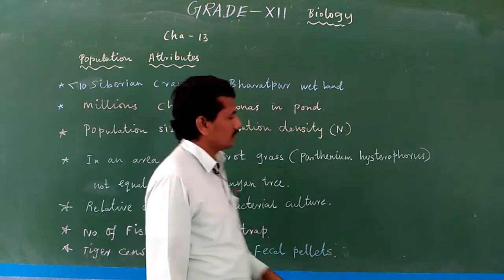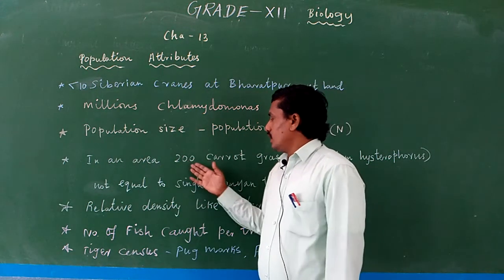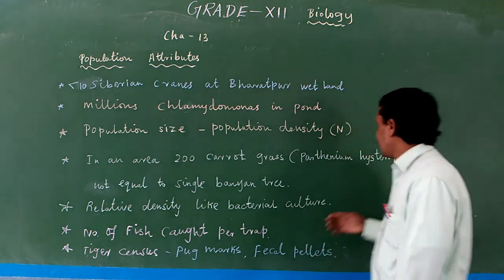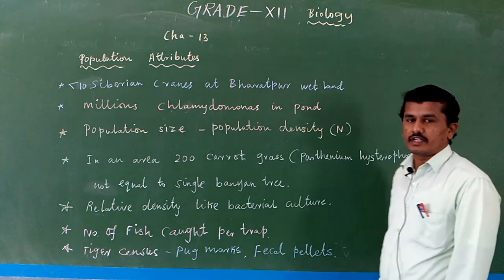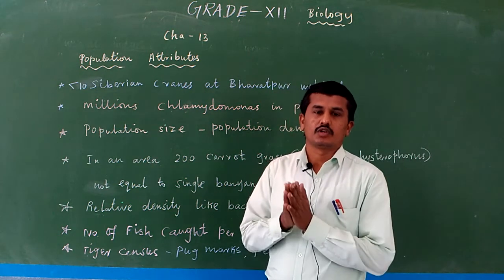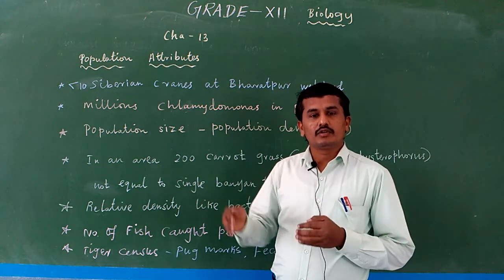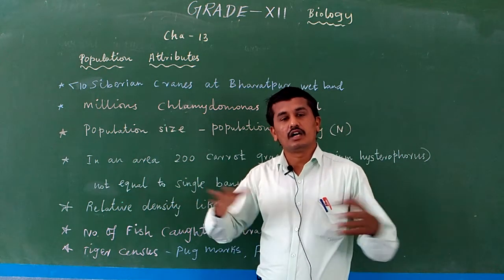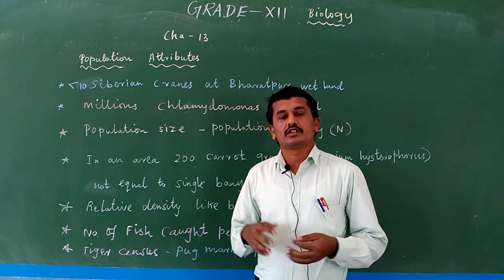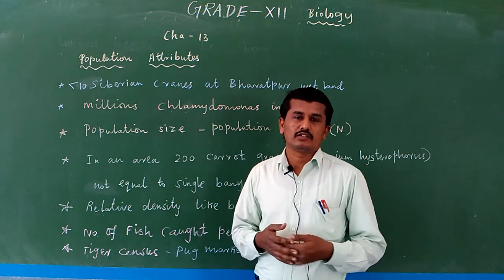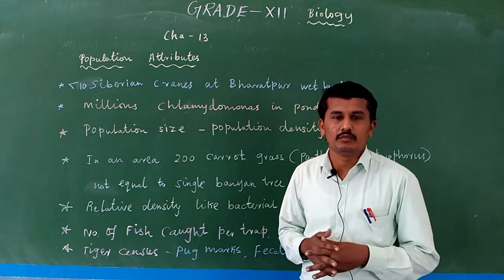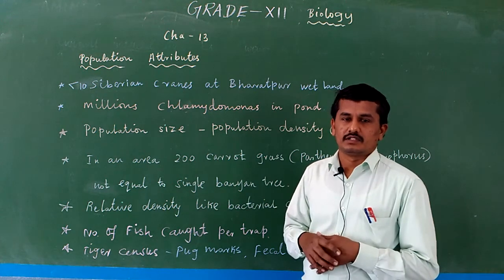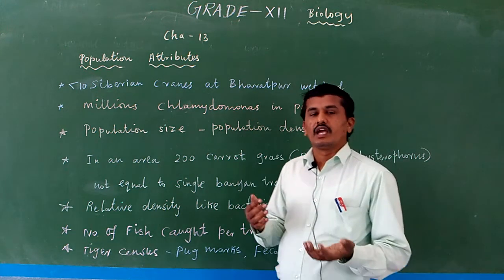For example, Parthenium hysterophorus is the scientific name of carrot grass, a type of monocot, and it was imported from other countries through wheat. It is ubiquitous, present in all places, but it causes pollen allergy and bronchitis, like various breathing problems in some human beings. So normally we count the number of the population.